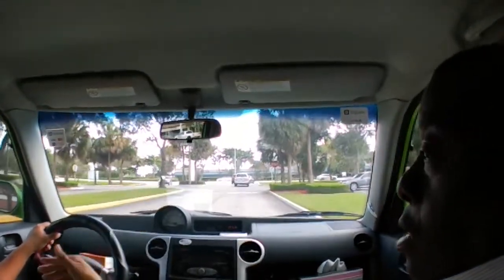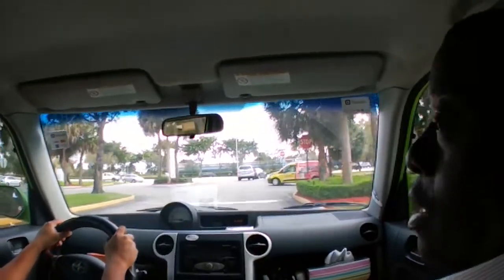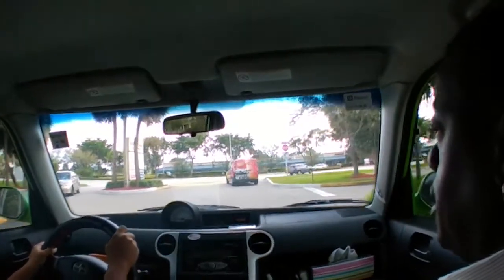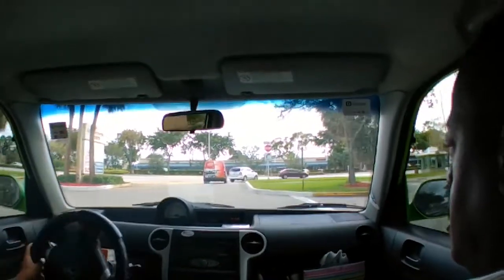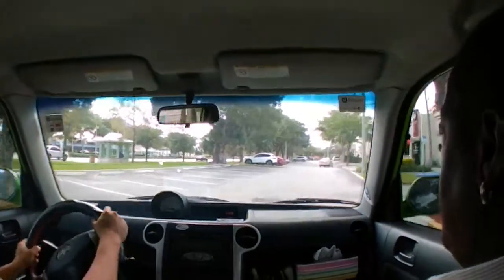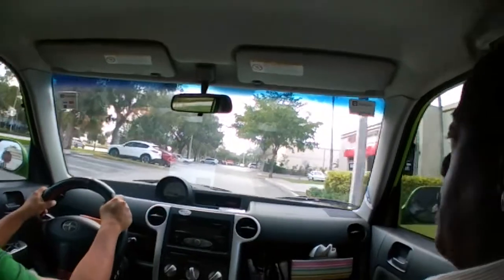She will fail me because it's counterflow, right? Yeah, because you went down the one way. That's automatic disqualification. Like I told you that. Yeah, Gary. Stop completely. Any driving issues, there's automatic failure. If you drive down the one way, you're done. That's it. Or if you don't stop, that's automatic, right? Yeah. If you don't stop at a stop sign,